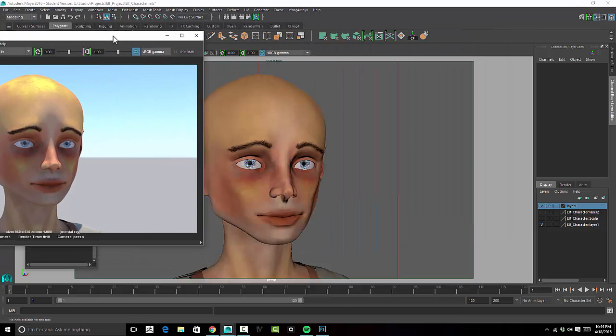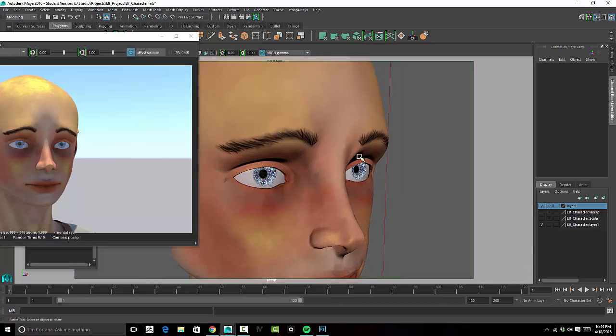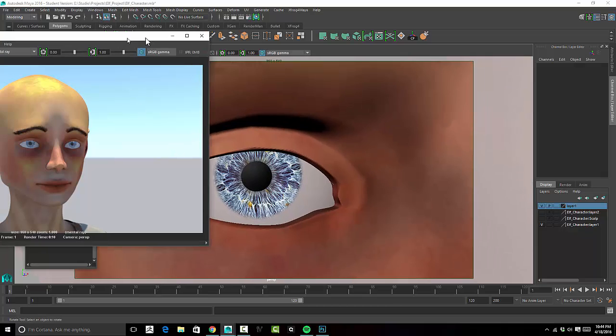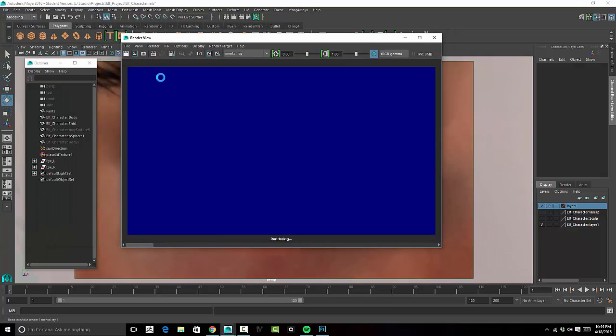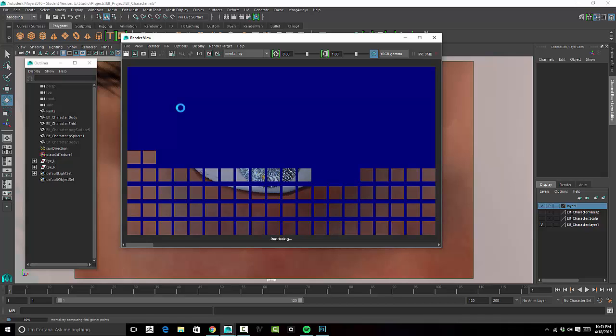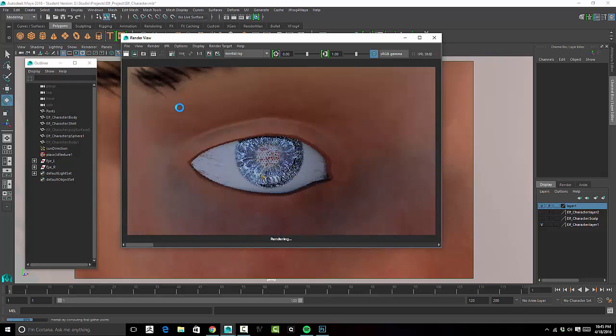But for the most part, that's how you make some fairly realistic eyes. And if I really zoom in to that eye and have a look at it, it's going to look like a fairly